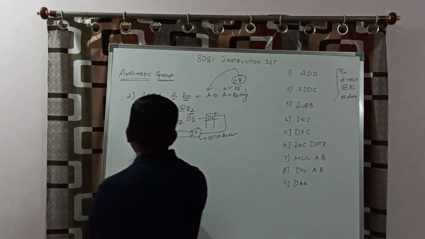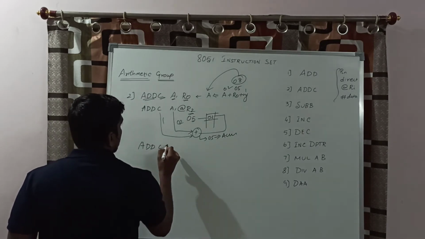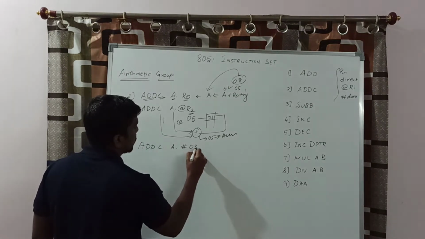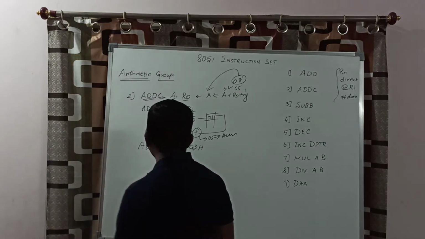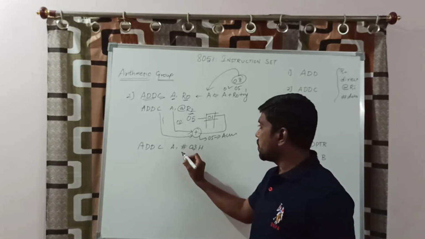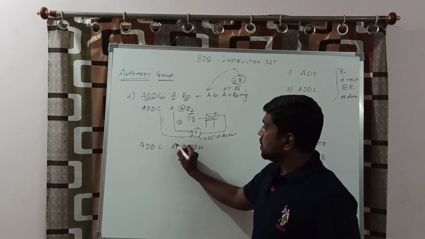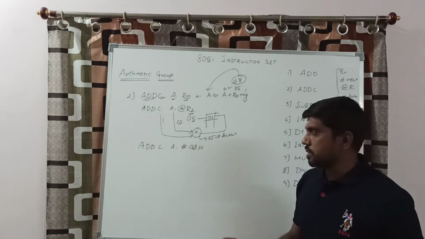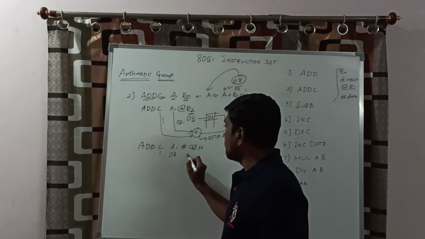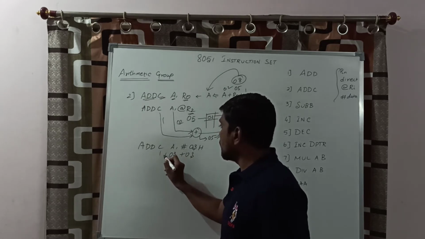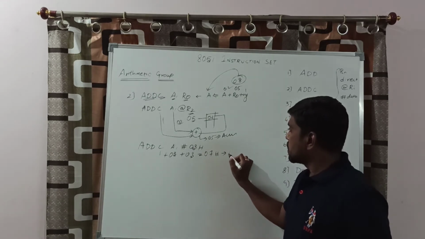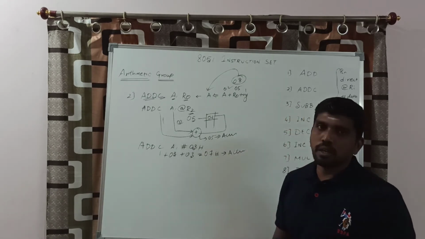The next possibility, ADDC A, #03H. In this instruction, you can pass the immediate data in the instruction itself. Just add the immediate content, accumulator content, plus carry register. Let us consider the carry value 1, accumulator content 3, immediate content 3. Just adding the 3 contents, you get the result 07H. This content is loaded in the accumulator.